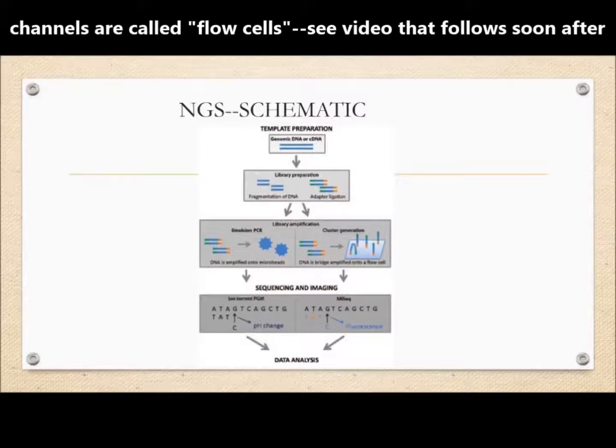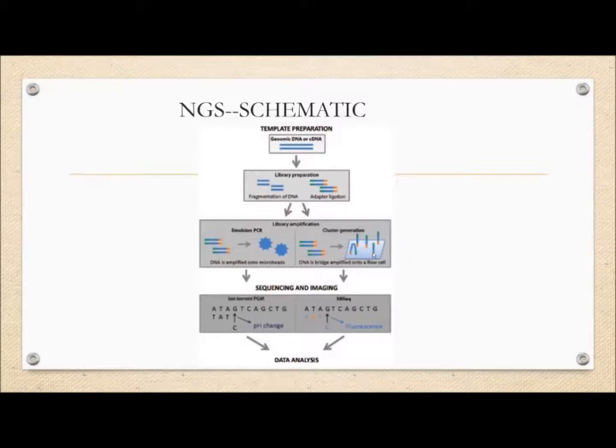And once you have the bridge amplification, then you have large signals associated with these fragments associated with the gene. And then for example, you can use this methodology called Ion Torrent, or you can use this process called MiSeq, which uses fluorescence to identify sequences. And once these sequences are identified, you get what are called reads, which are these fragments that you've generated. Now these have to be stitched together into the large sequence of interest. Okay, and then it goes to data